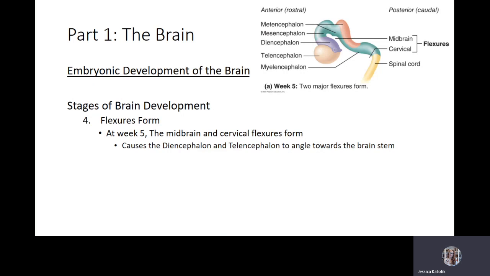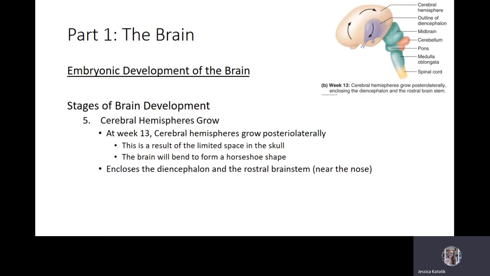And one of the first types of folds that occur is going to be the midbrain flexure and the cervical flexure. Midbrain flexure is going to occur around the mesencephalon, while the cervical flexure is going to occur along the myelencephalon. And it's going to help bring the diencephalon and telencephalon closer to the brain stem. So that's going to be the first level of folding. Folding will continue